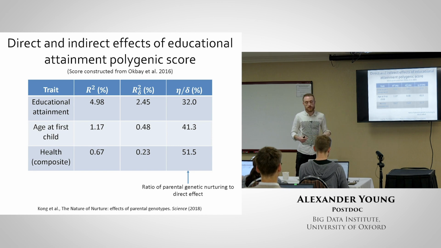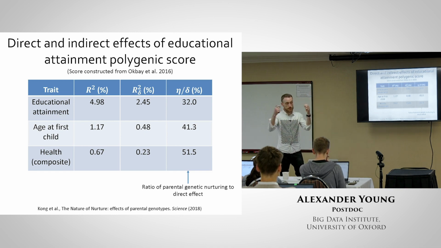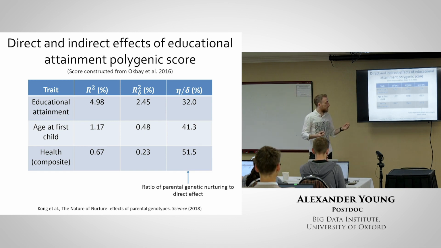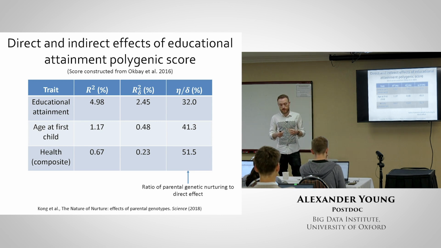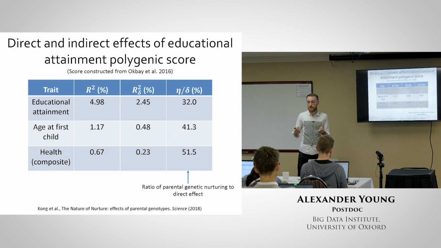This deflation in the R-squared within a family can also be due to removal of associative mating from it. So we had to do some extra work to adjust for that. And then in doing that, we got an estimate that the indirect effect from the parents is around 1/3 of the size of the direct effect. So it's fairly substantial.